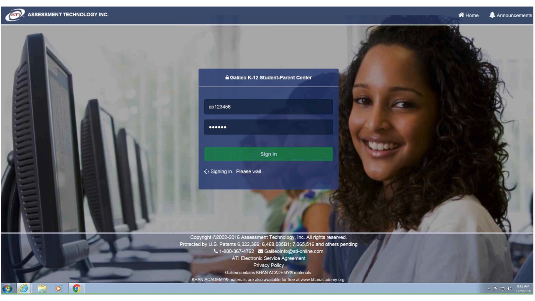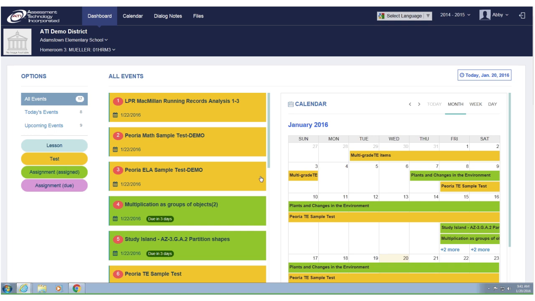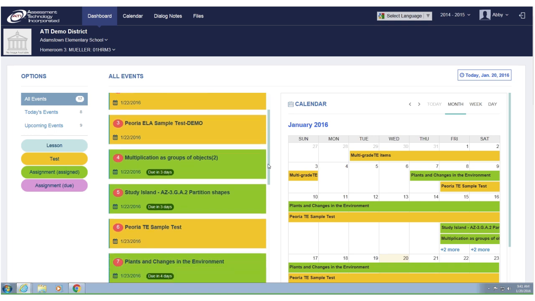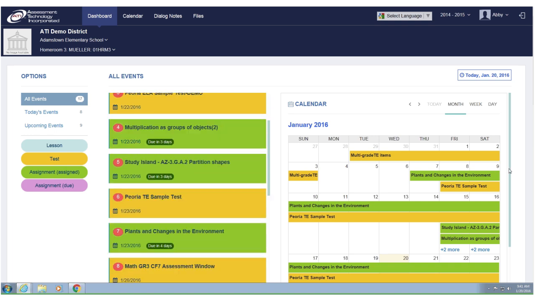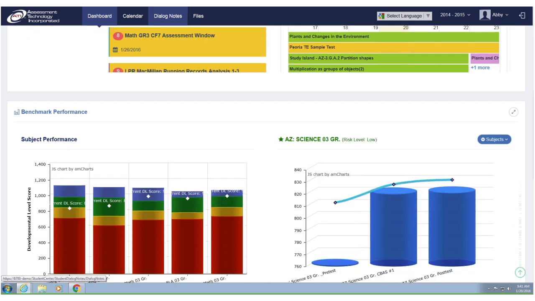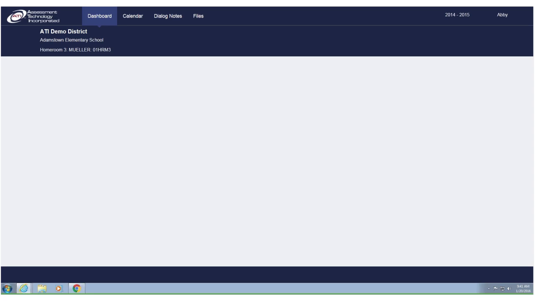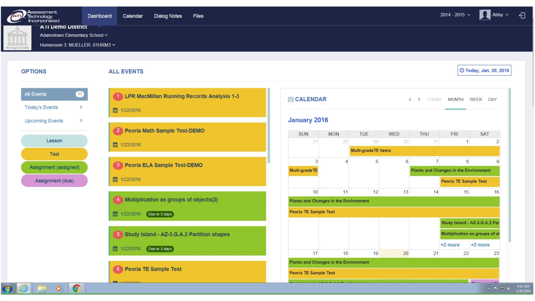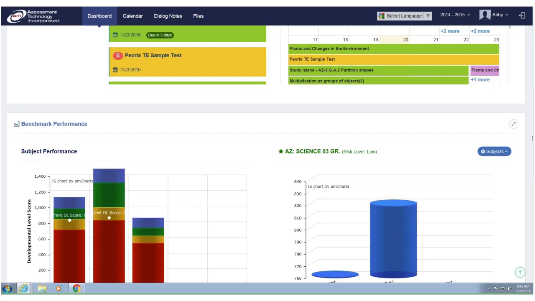And this time, instead of looking at instruction, we're going to look at the results of assessments that are tied directly to what was scheduled in the digital curriculum platform. So we're just going to scroll down here a little bit, and we'll just refresh this. You'll notice at this point, all the assessments that were scheduled within the digital curriculum platform are showing